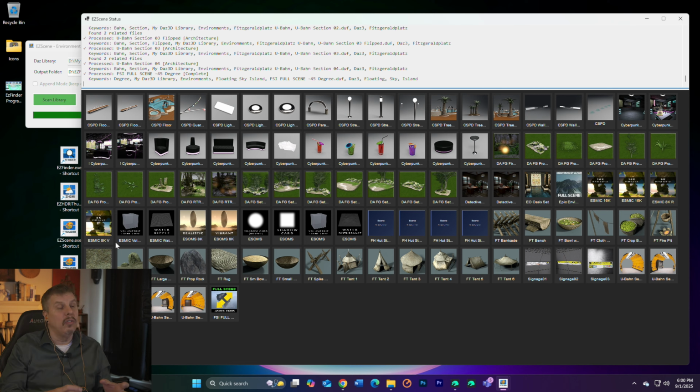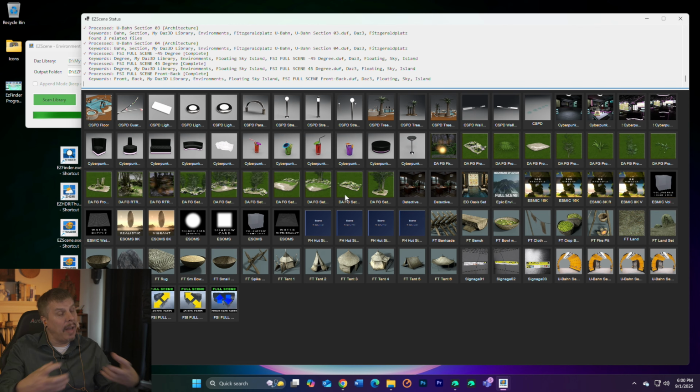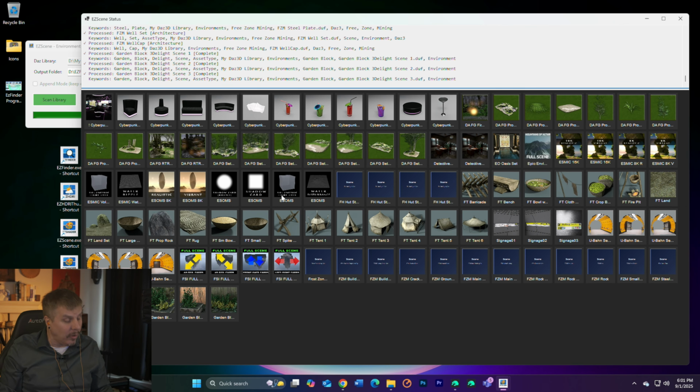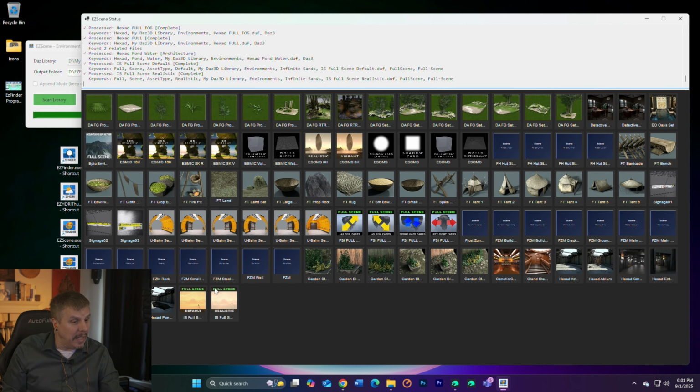And what it's doing, it's not copying everything, because anybody could just copy their environments folder. No, what it's doing is creating these pointer files that point at everything. It's not copying all of the geometry, and it's not copying all of the textures. Like I said, they're trade secrets, how I did this, because it took me a long time to figure it out. And as you can see, it's just showing you,